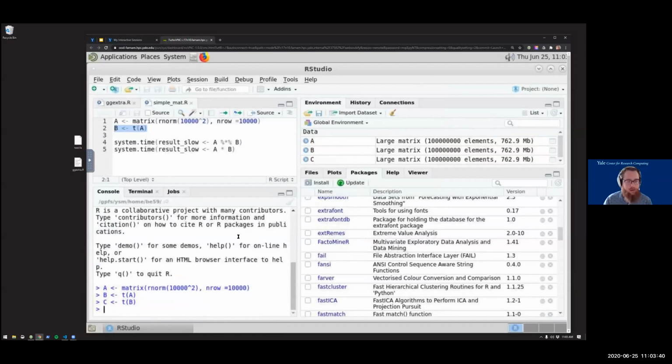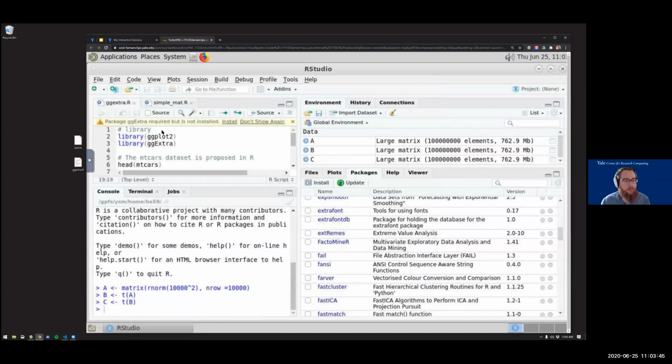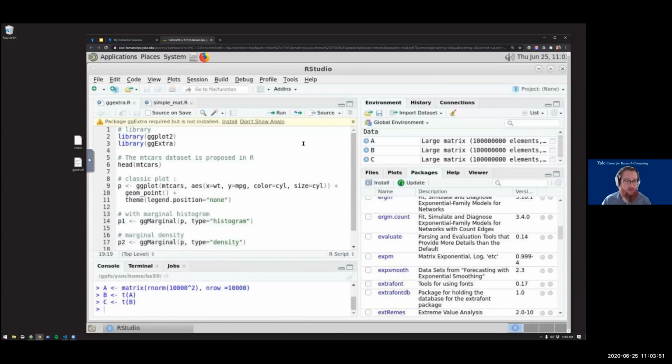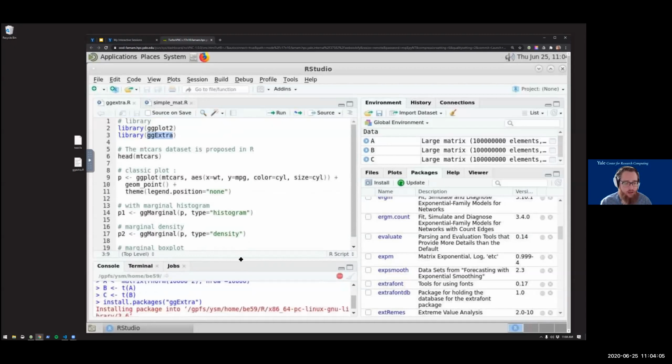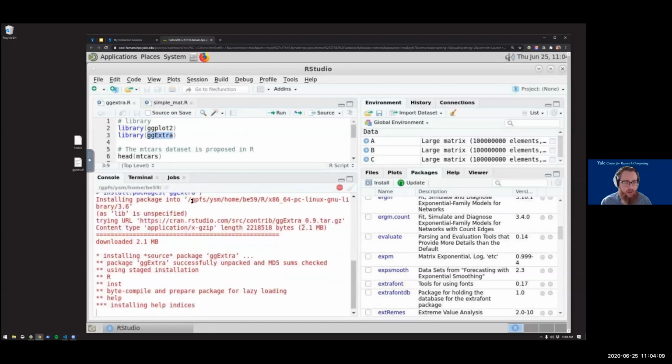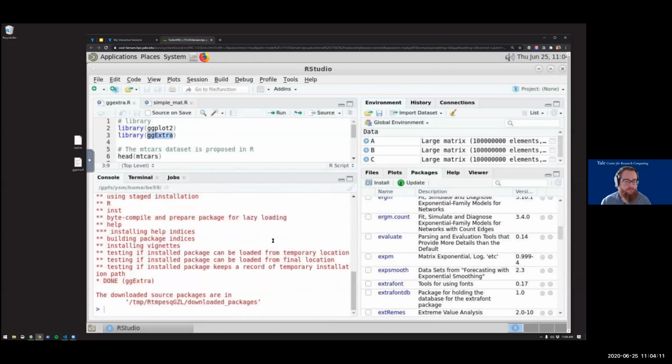But so yeah, I can make another large matrix, and RStudio is really nice to me. It tells me, I don't think you have this thing installed that you need for your script that you just opened. So say I wanted to use the library or the package called ggExtra, and I wanted to install it, I can click install, and RStudio will run the install.packages command that will install that for me.